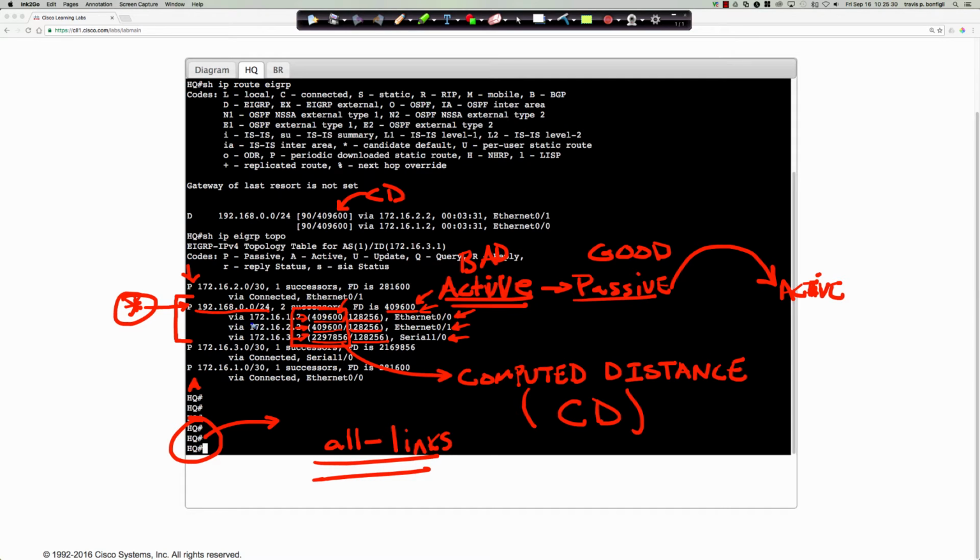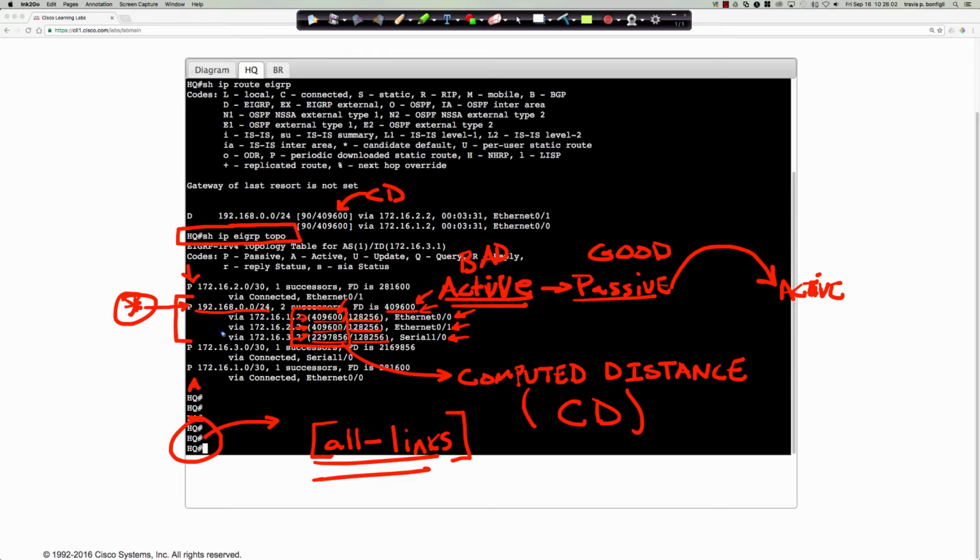I'm only seeing the successors and the feasible successors in the show IP EIGRP topology output. If we had a non-feasible successor, we would have to use the all-links command to see that. Because again, show IP EIGRP topology only shows me successors, of which there could be one or more, and feasible